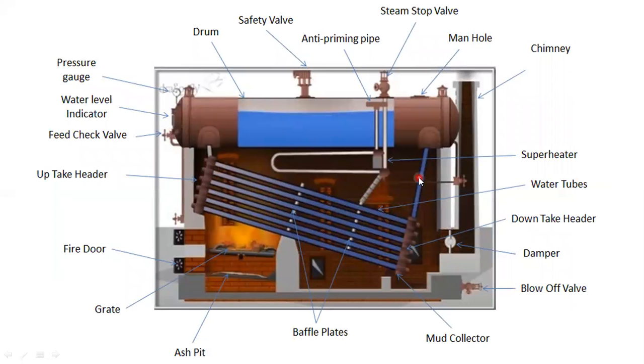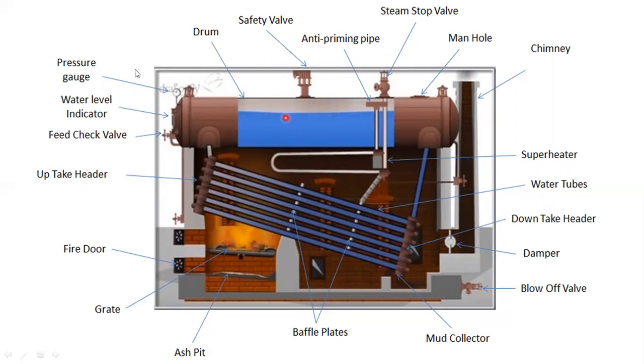See, this is the Babcock and Wilcox boiler. This is the horizontal drum. Here, part of the water is there and part of the steam which is generated after the combustion of the fuel, and exchange of heat between this water and the flue gases. Whatever steam is generated inside the water tube, that is collected over this space.